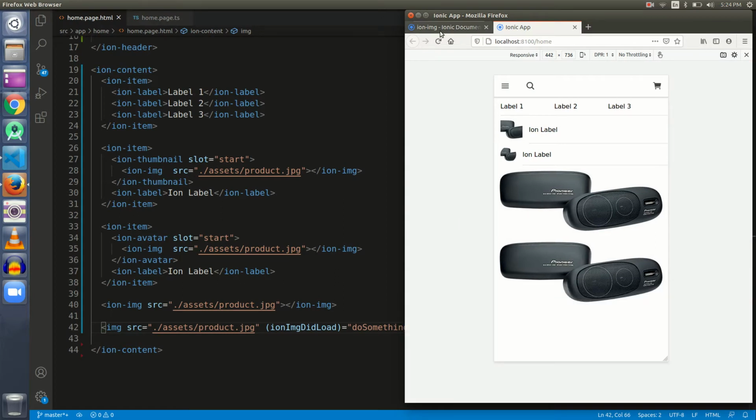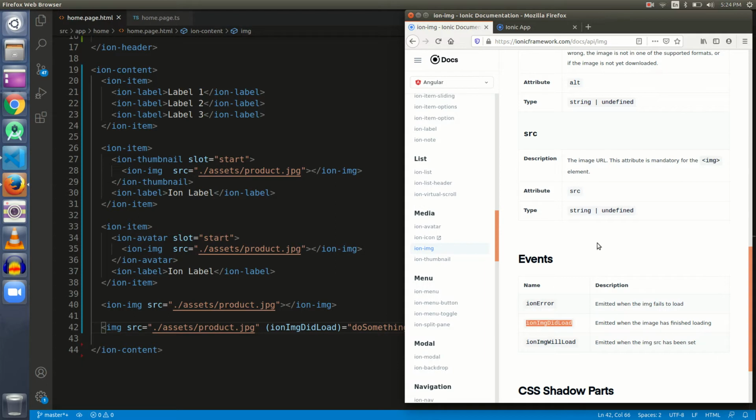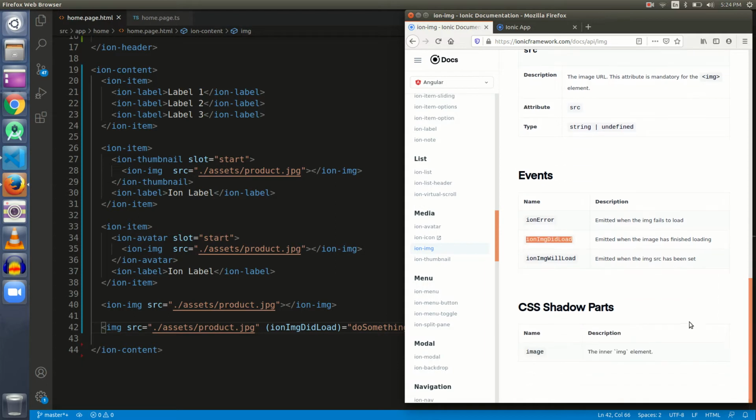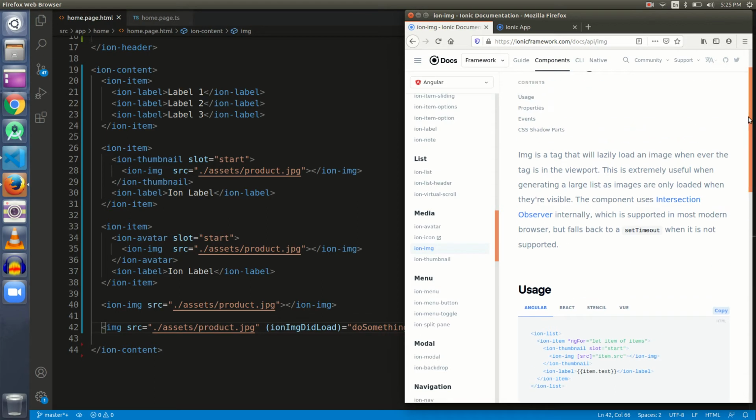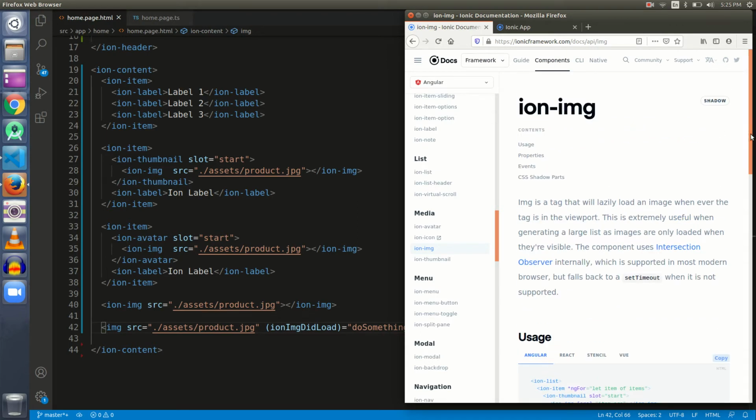What should we use? When should we use? All the things that are provided by the simple img element are also provided by the ion-img tag, and a lot more. It gives us efficiency without worrying about it. It gives us events without writing extra JavaScript code.